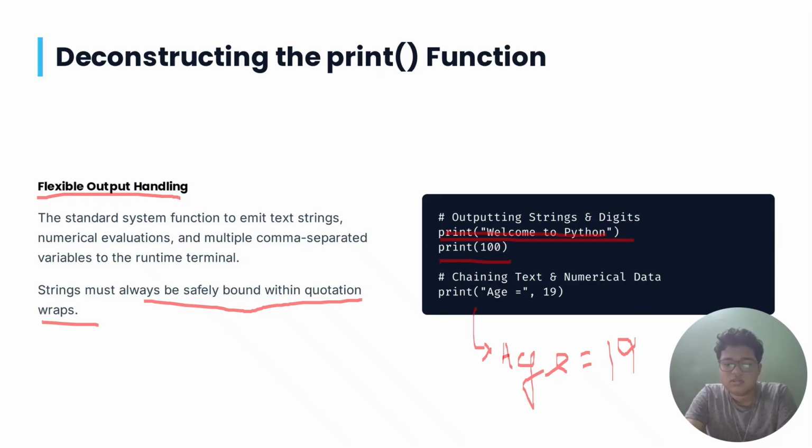Here we use the print function, then in quotation we write the string that we have to print, that is age equal to, and it will be printing that. Then for the digit that has to be written beside the equal to, we write a comma and give the digit value. It's pretty simple.